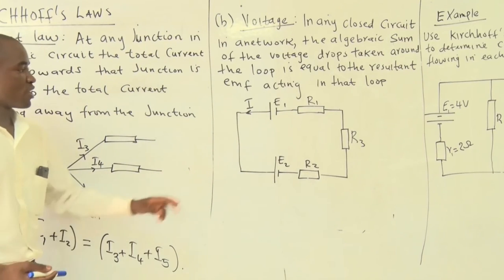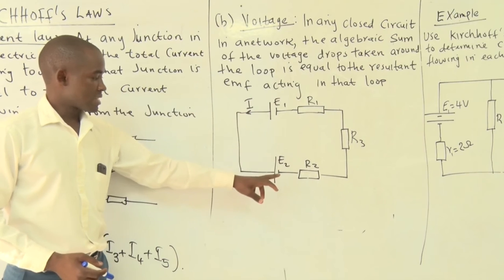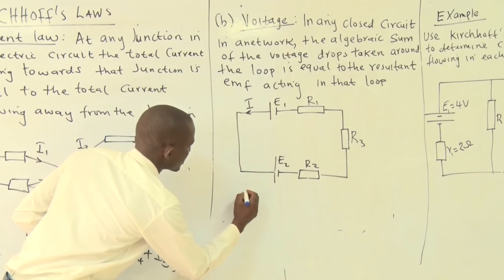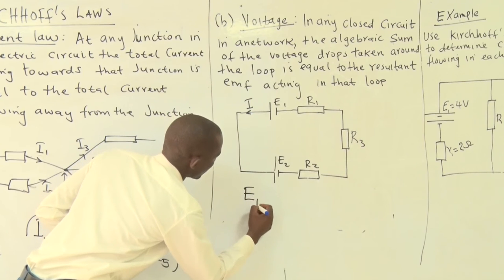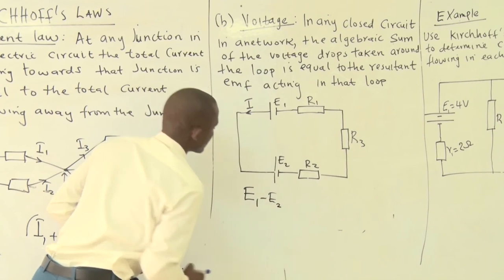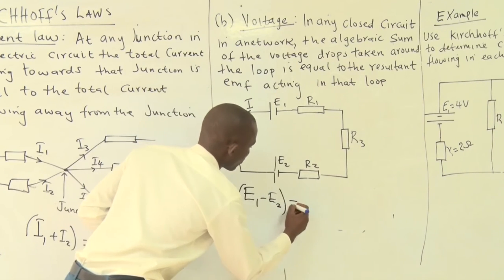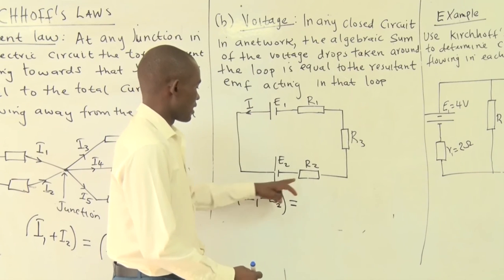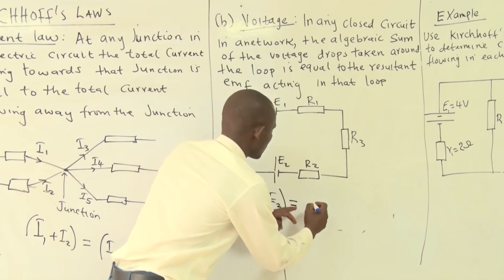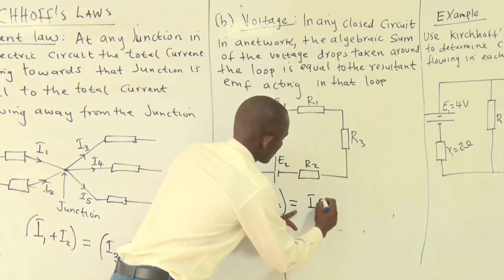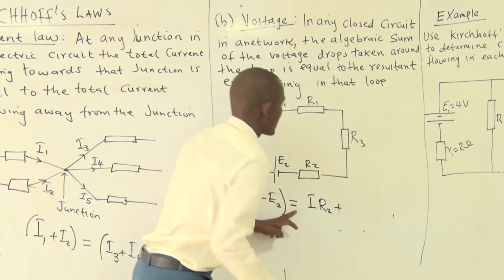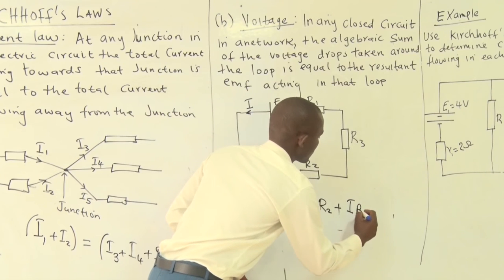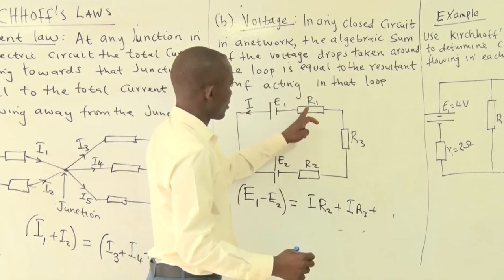So what we do is you take E1 minus E2 because they are in opposition. So the net voltage is equal to E1 minus E2. That is the net voltage, and it will be equal to the total voltage dropped by the three resistors. The voltage dropped by this resistor will be equal to R2, plus the voltage drop here will be equal to R3, plus the voltage drop here will be equal to